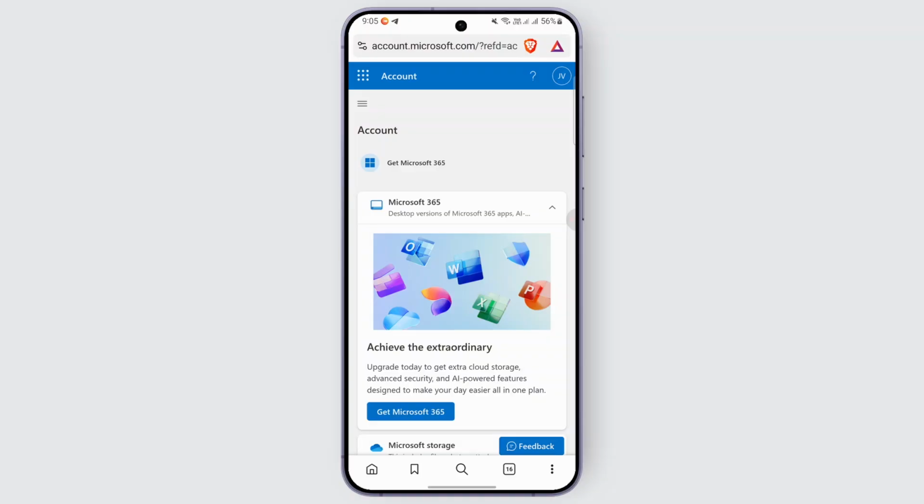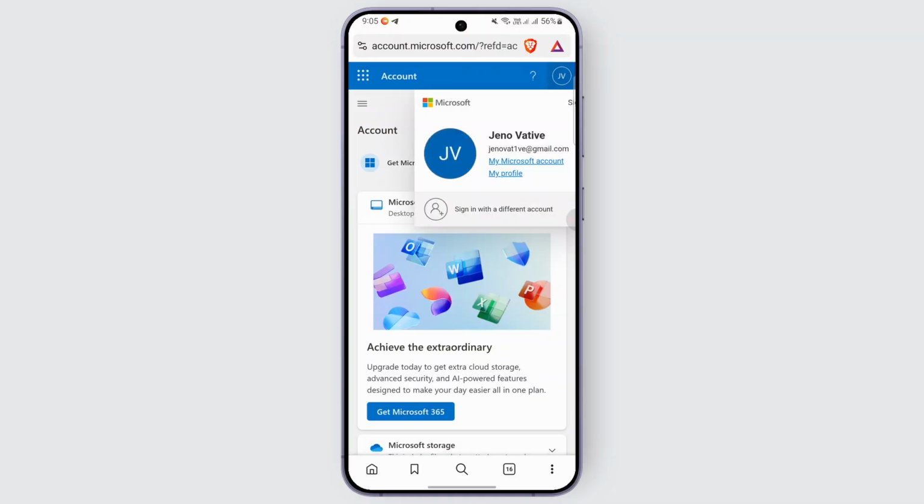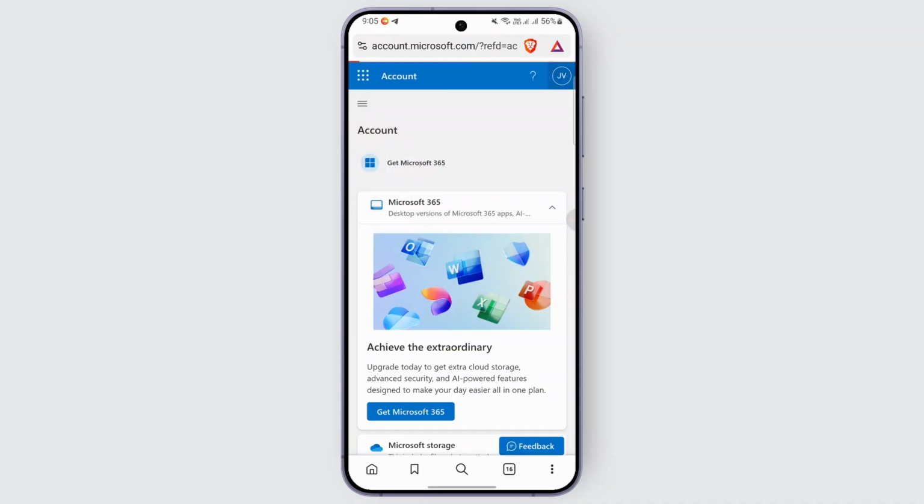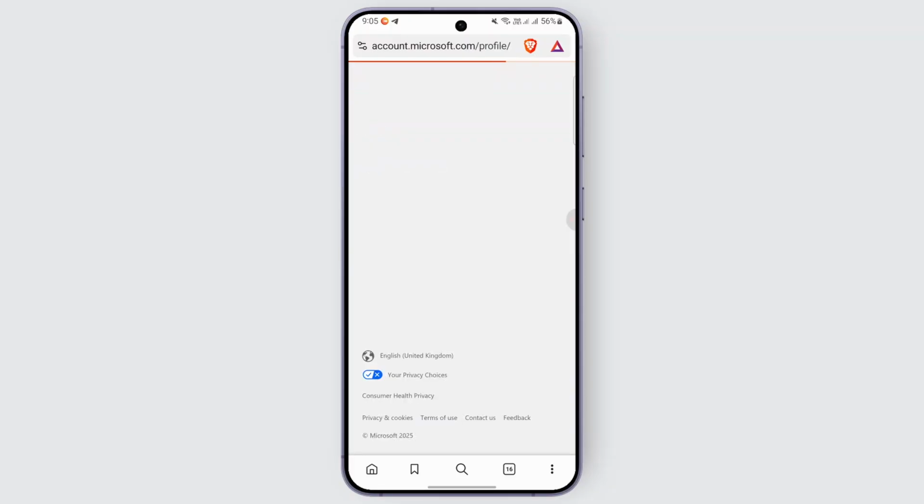Now, once that is done, you will be finding this interface. Now, locate your profile at the top right, open it up, and then go over to My Profile and open up your profile settings. Just wait for this to open up completely. And then once that is done,